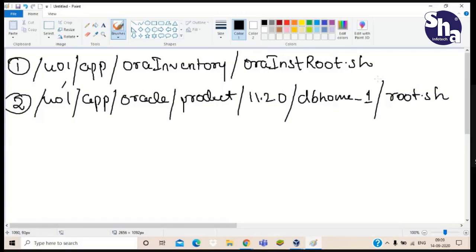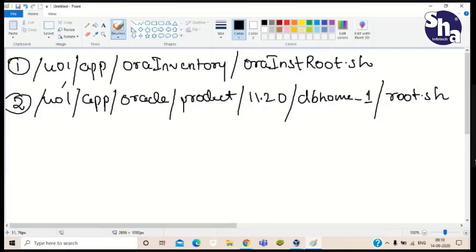Okay, these are our two scripts which we have to run as the root user. And why are we running these scripts, why is it asking me to run this script?